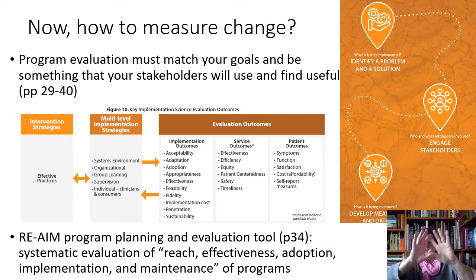Okay, so we've set out what we think we should be doing, what we want to see. Now the next step is how are we going to measure change? Because it's all very well to do that, but if you don't measure change, what is the point? We've done a lot in research design and methods about choosing outcomes. What is your DV? What do you want to see changing? So how are we going to measure that? How are we going to operationalize that change that we want? So this is pages 29 to 40.